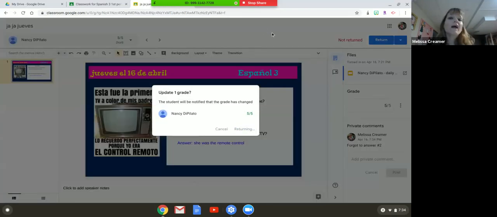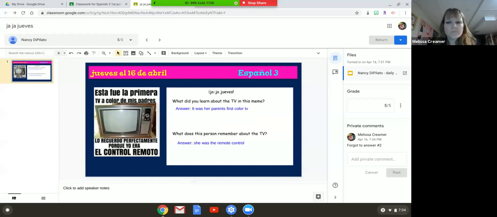So you don't have to give them a grade. Before you return it, if they need to fix something on it, you can go ahead and return it to them, and they'll get notification that they need to go back and fix something and turn it back into you. And then each time that they make a comment, if you have it set up,